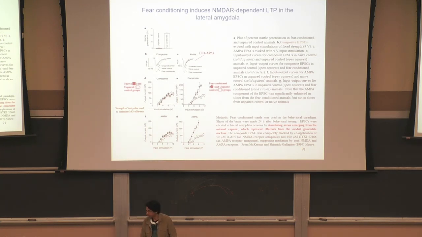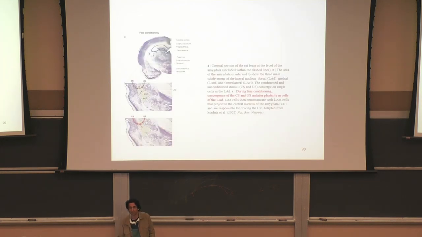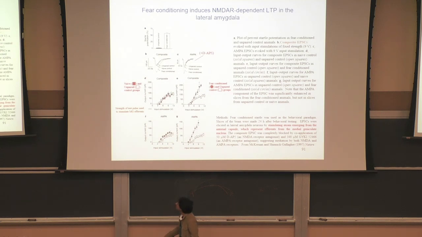Okay, and the last piece of background that was known at that time, before doing this paper: they knew that the lateral amygdala was important for learning this procedure, and they also knew that if you do fear conditioning in a rat and then stimulate the thalamic input in a slice, you get LTP-type phenomena. So you take a rat and do patch clamping, stimulating the auditory thalamus input electrically and recording the response in the lateral amygdala cell. You do that in either a naive or a fear-conditioned rat.